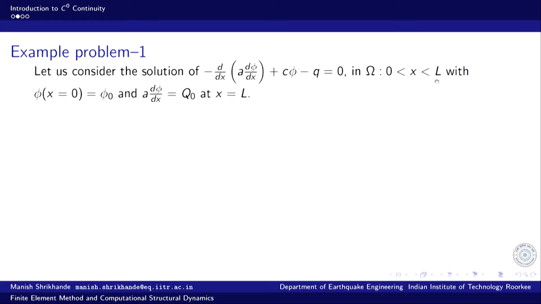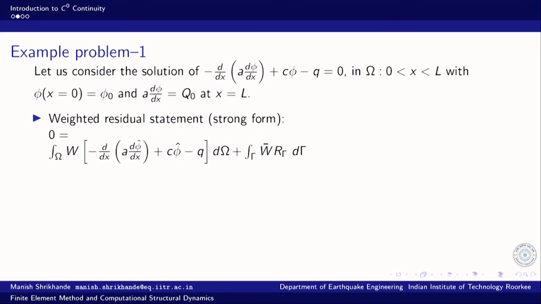and there are two boundary conditions. One is at x equal to 0, where we have an essential boundary condition, the function value is defined to be phi 0, and at x equal to L we have a boundary condition that is prescribed on the secondary variable of the problem, which we will see, and that is at the other end of the domain. So, the domain is defined by two endpoints. So, it is a 2-point boundary value problem that we are looking at.